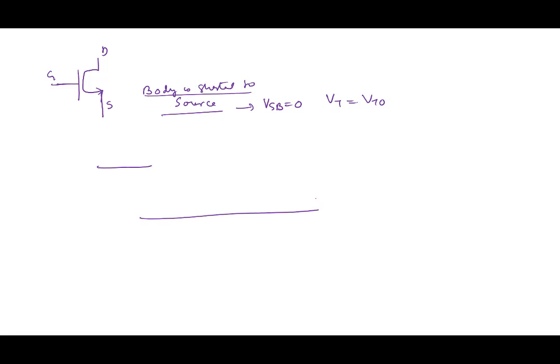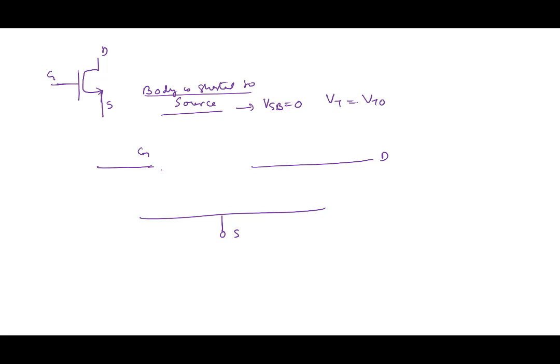The body is shorted to source, implying that VSB equals 0, implying that VT equals VT0. So if I have gate here, source here, and drain here,